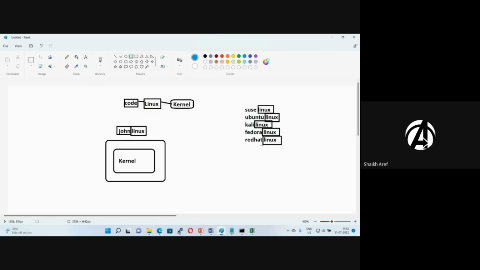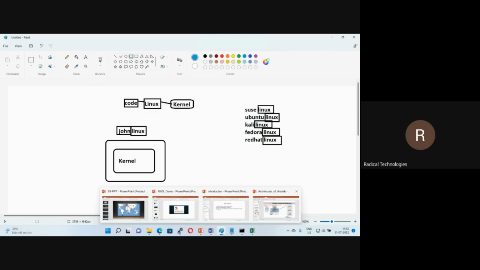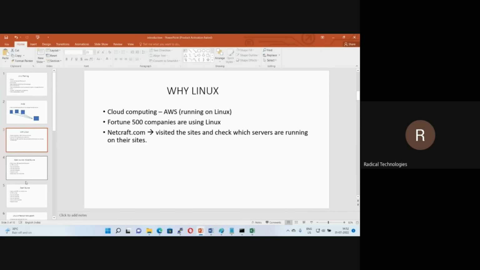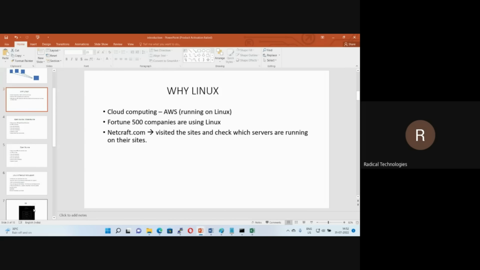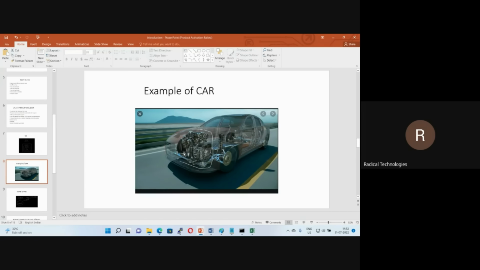Yes. Okay, fine. So basically, guys, let me give you one more example, of a car. See, guys, if you see the car, the most important part of the car is the engine. If you have the engine, obviously you can build the car. Same thing, if you have the kernel, you can build the operating system.